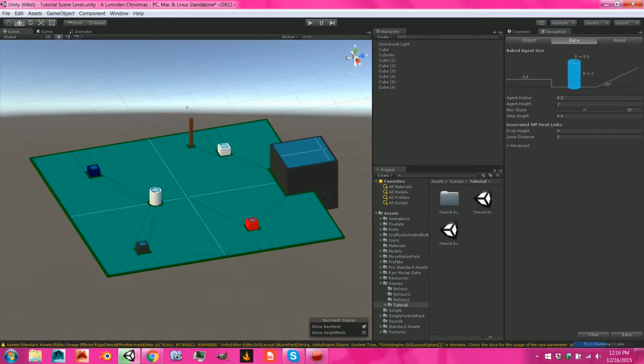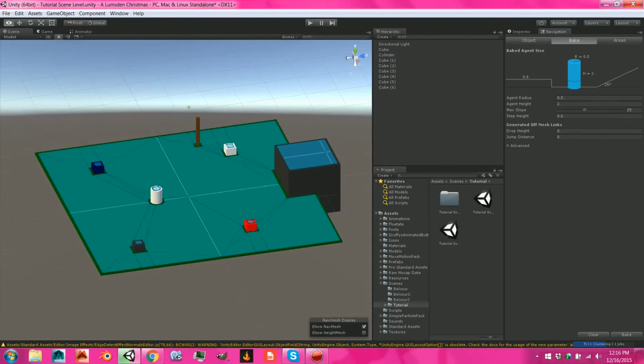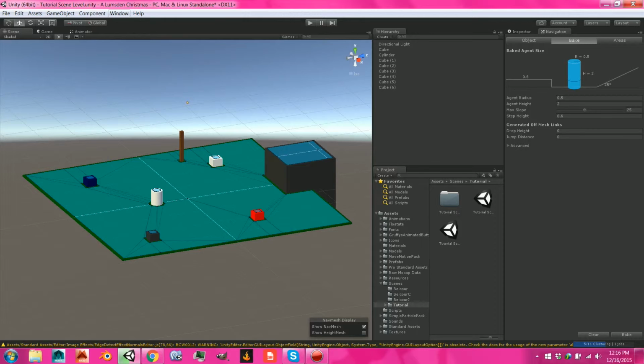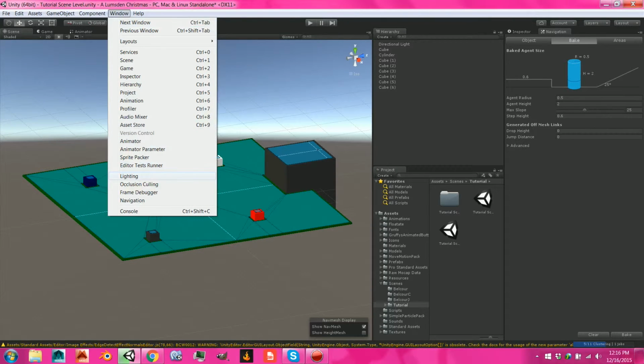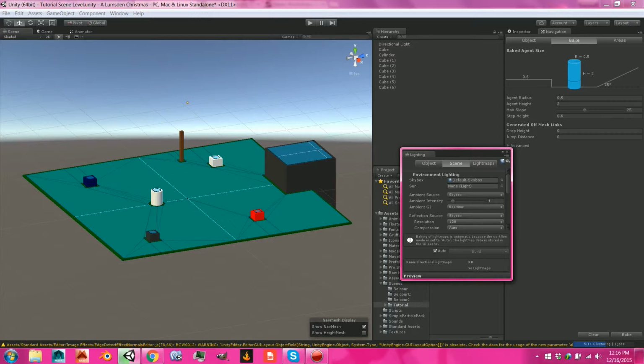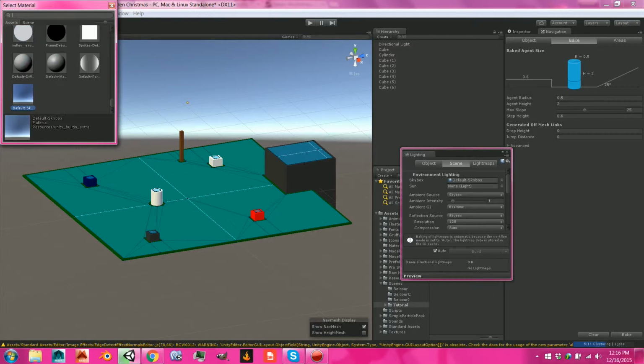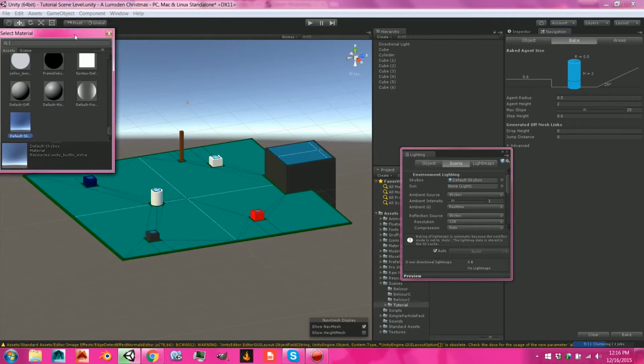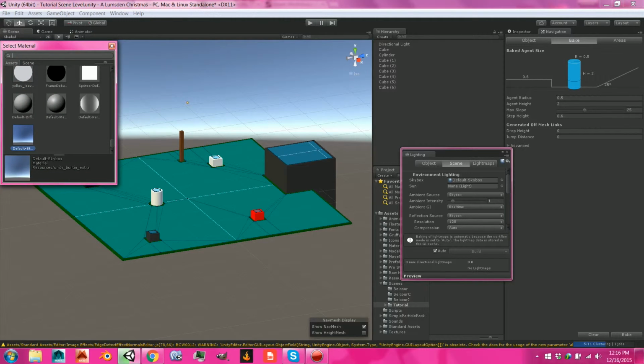And this is how you create a very simple level. And one thing, you won't really see the sky in this style of game, or at least for how I'm setting up my camera. But if you want to set yours up differently, this is how you put in a different skybox. You go to window, go down to lighting, and then in the scene environment lighting, you just click that and you can pick a different skybox from whichever ones you have, and you can get more from the asset store for free,